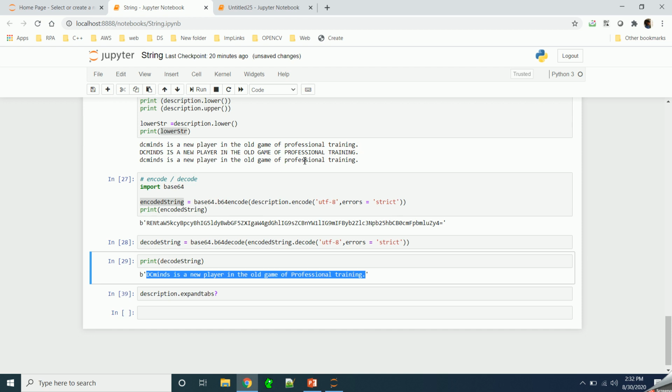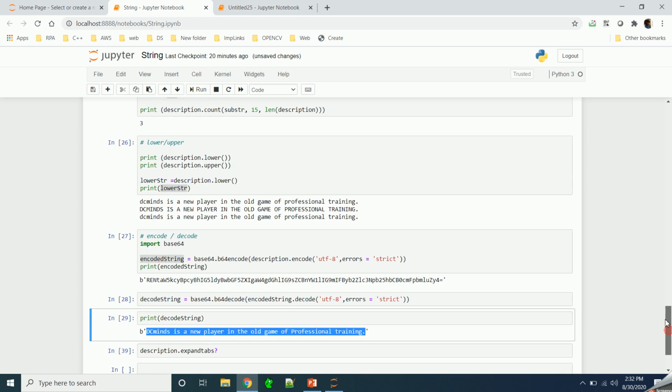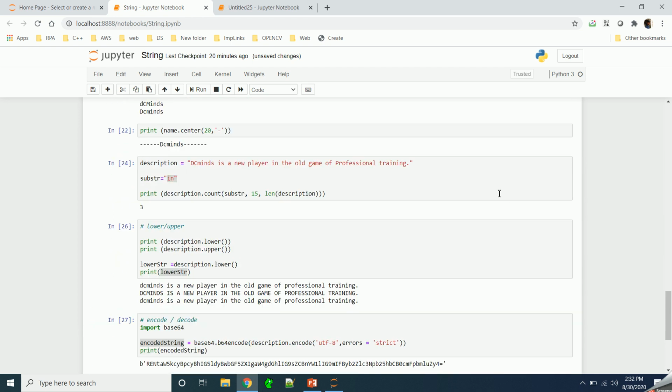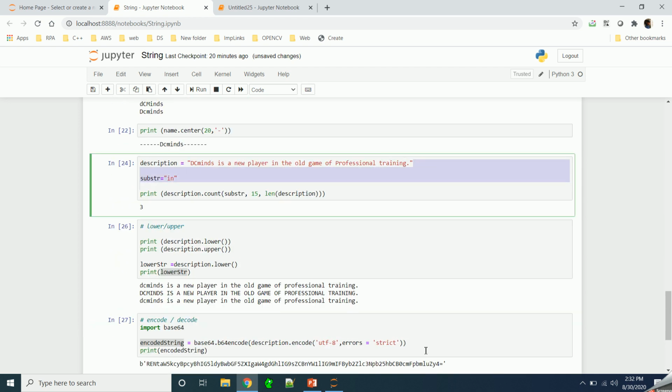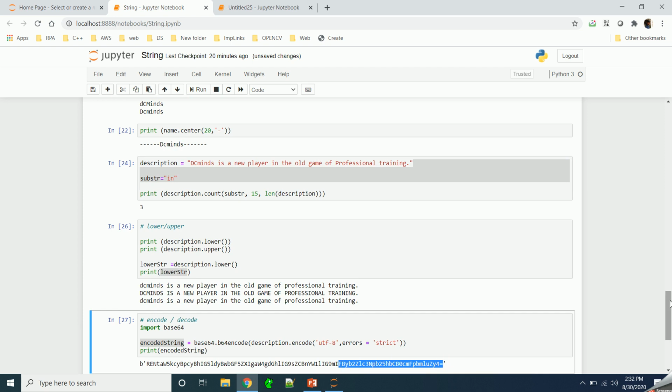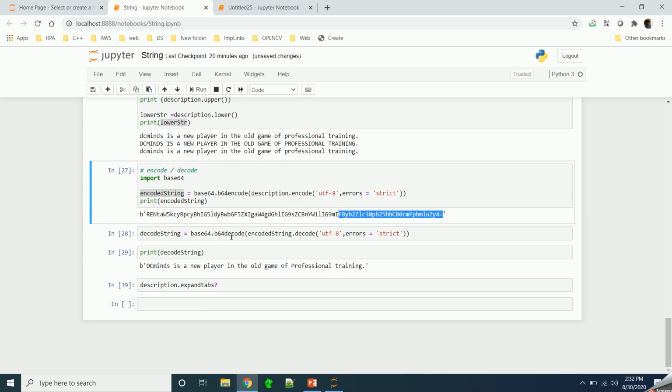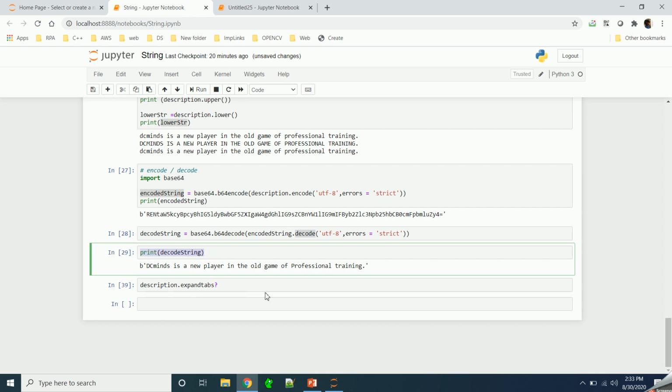So whatever the string was there initially, we are getting that string. Initially we had this particular string which is encoded, and now after decoding, we are getting the original string back.